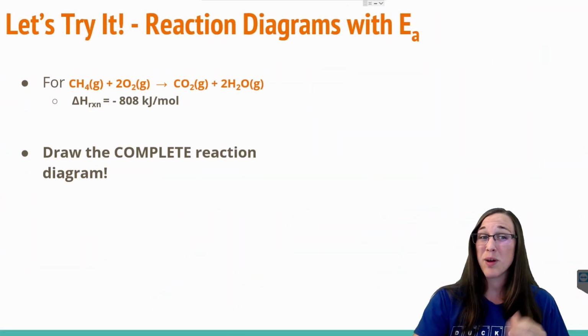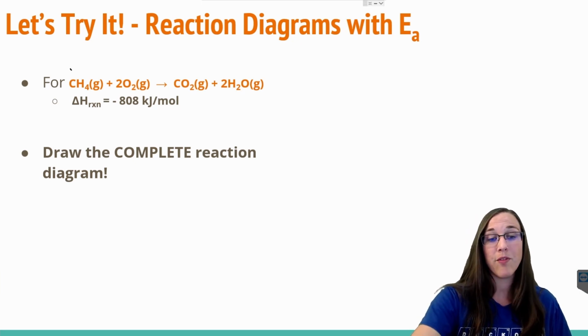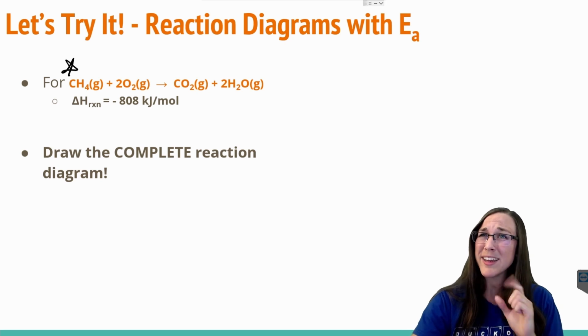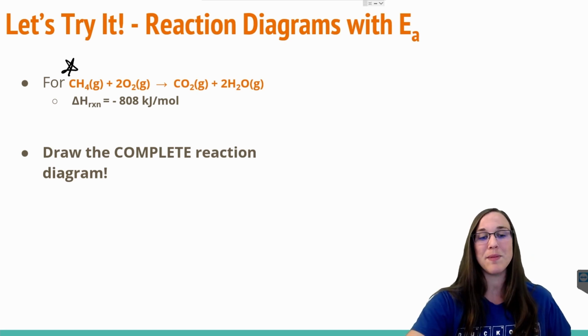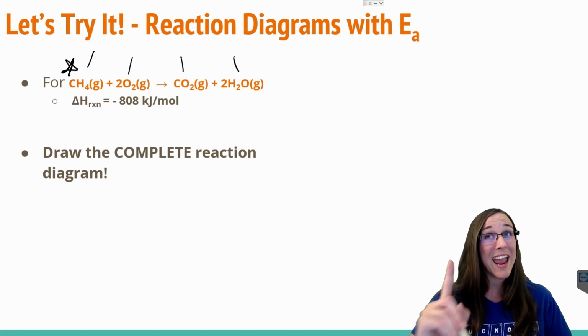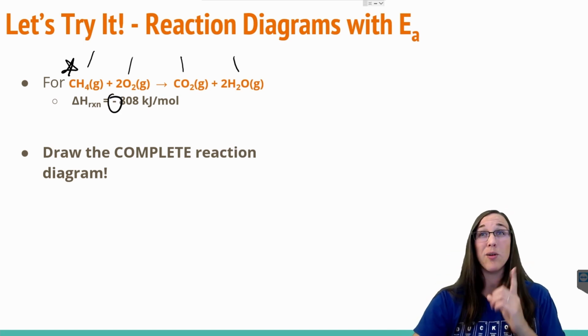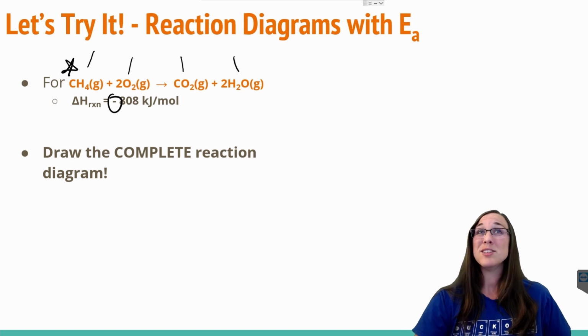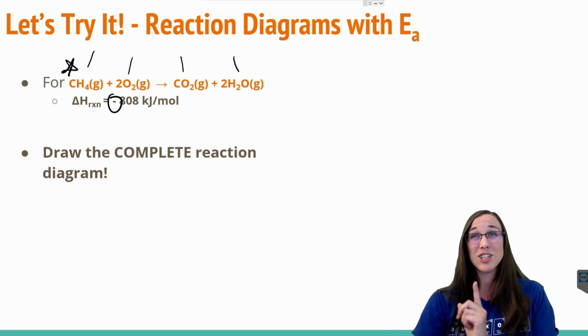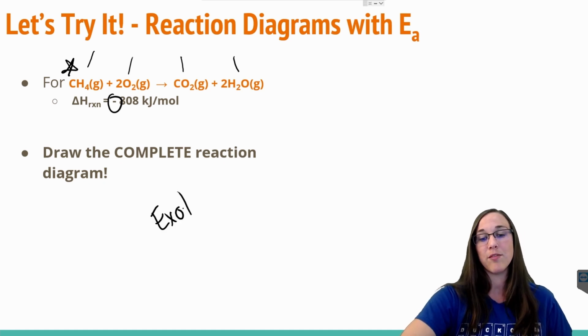So back to the initial problem we started with. If we were going to draw a complete reaction diagram for the following chemical reaction, which we recognize is a combustion reaction because it has methane and oxygen reacting to form carbon dioxide and water, that setup is always indicative of combustion, and we also see the delta H, which we calculated in a previous video, is a negative value. So we know that to draw this reaction diagram, we're already dealing with an exothermic reaction, just based off of